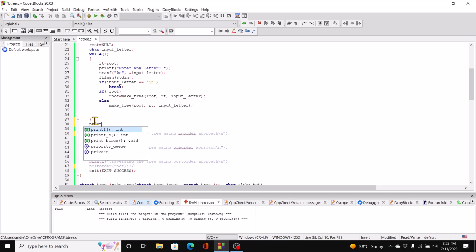So print b tree, and we'll call that using root and 0 for I, which is the integer. Okay. So now let's run this